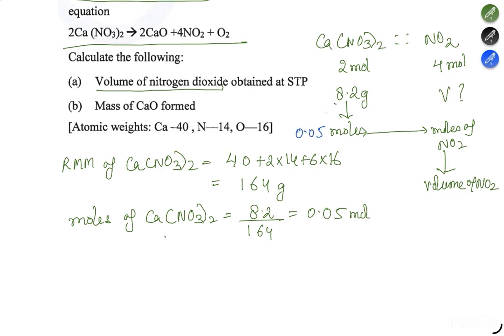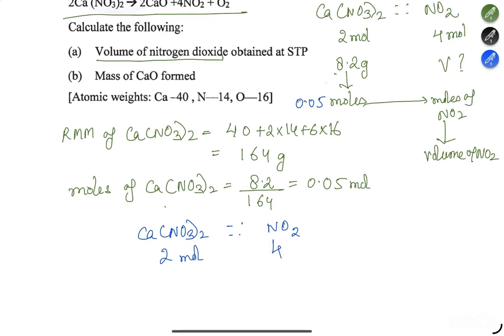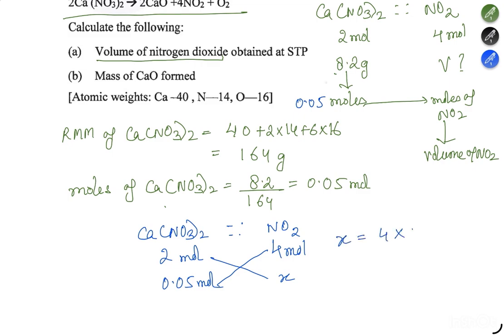Again, now I can take the ratio of calcium nitrate to nitrogen dioxide, which is 2:4 moles. So I can write down here calcium nitrate is to nitrogen dioxide. The mole ratio is 2:4 in the balanced equation. But what I calculated with the mass given is 0.05 moles. So what will be the moles? You can do cross multiply, the crisscross method. So X will be equal to 4 times 0.05 upon 2. You cancel, you will get 0.10